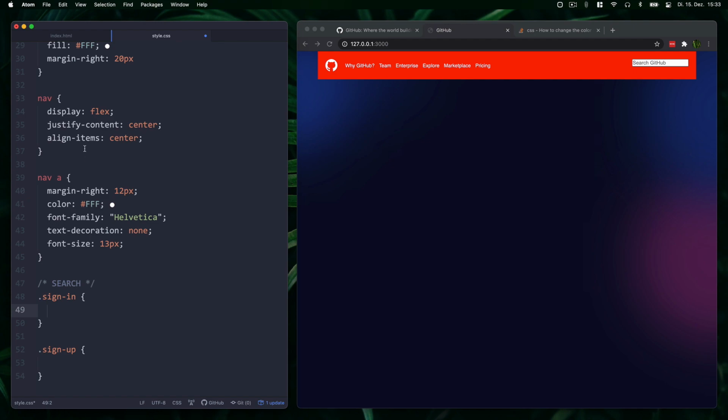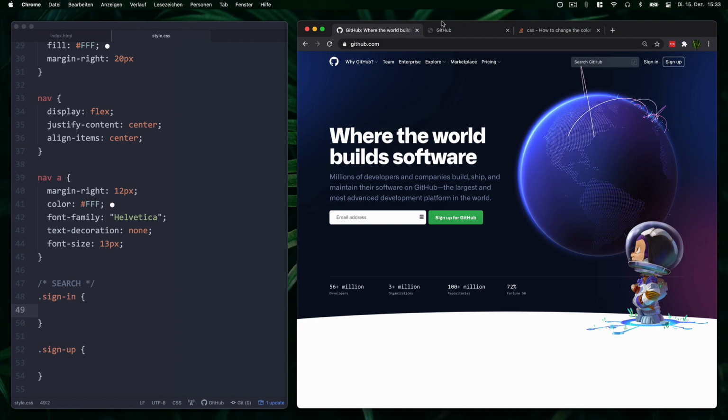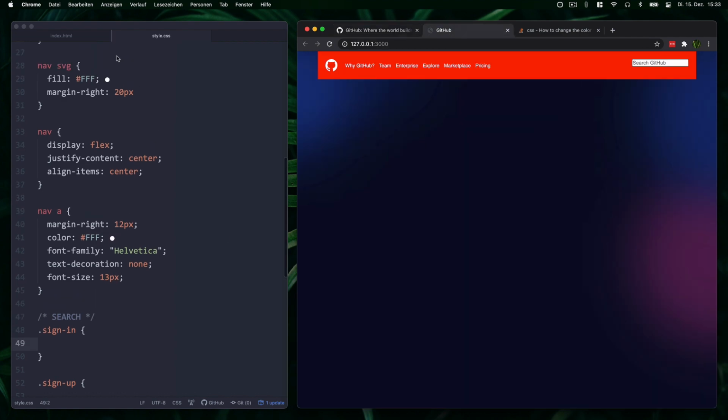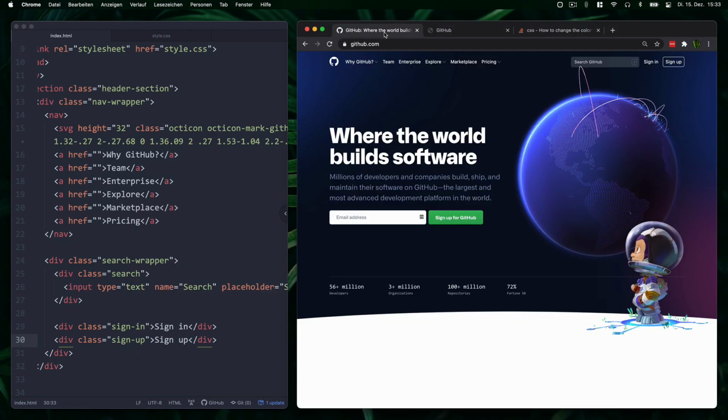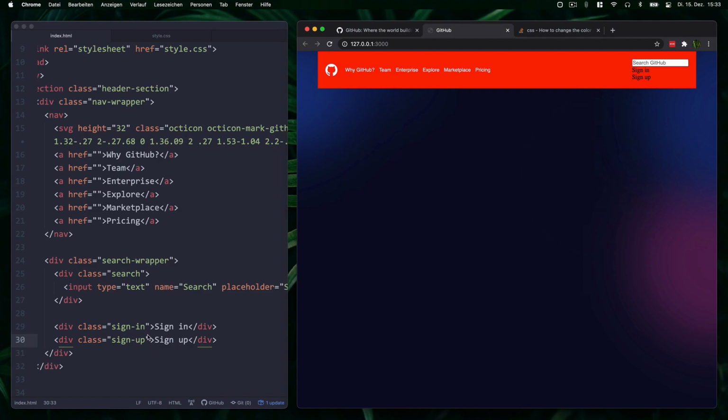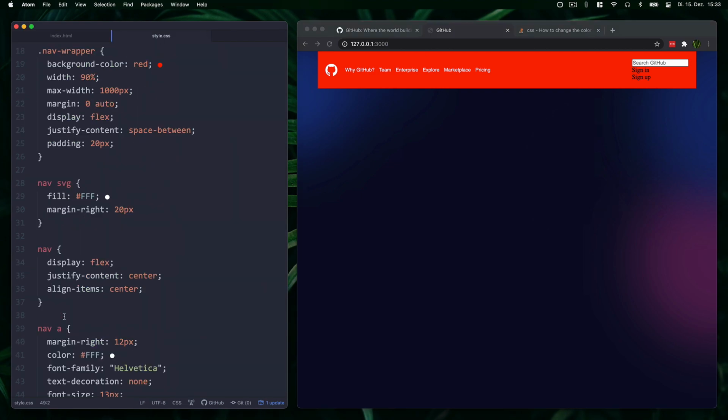So what does the sign in button look like? Let's see. It's just text, okay. Obviously we forgot sign in and sign up. I like that. So we also need to style the search wrapper